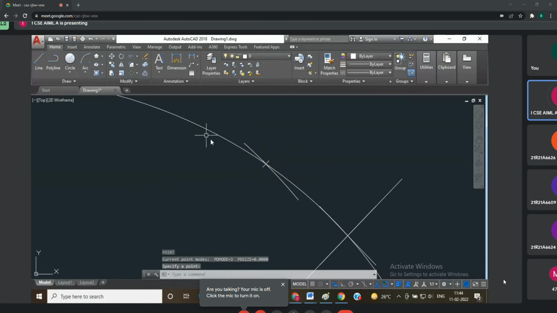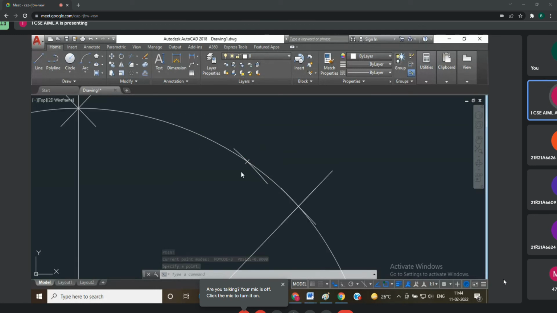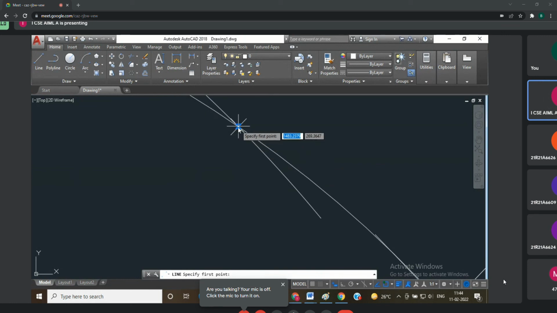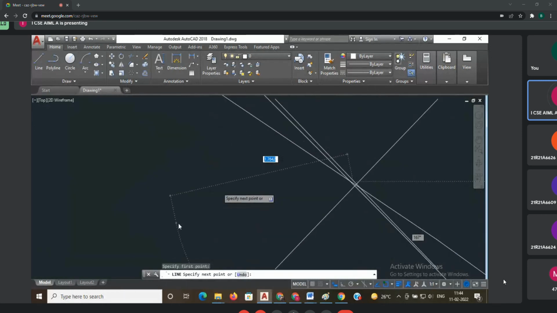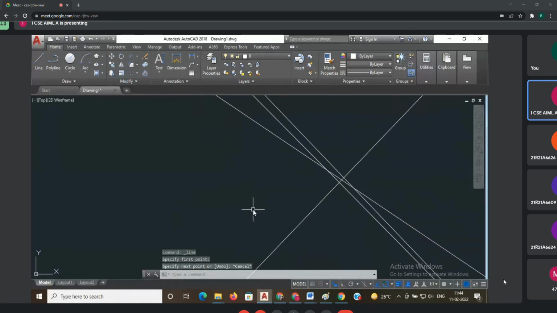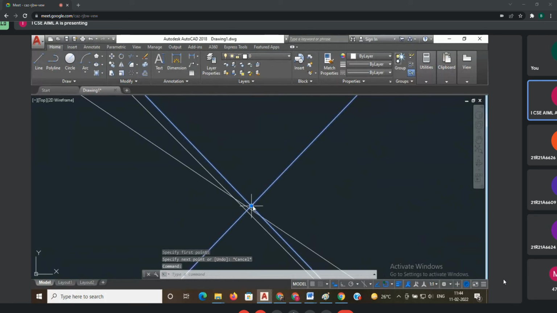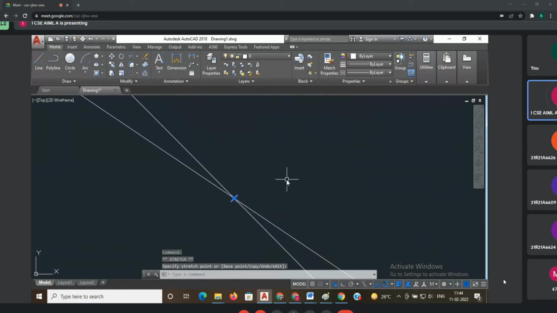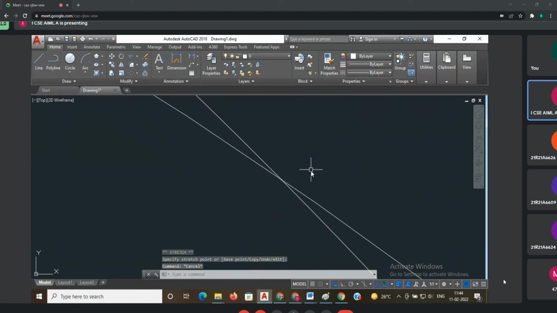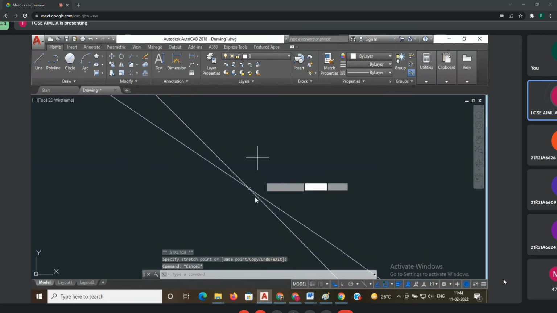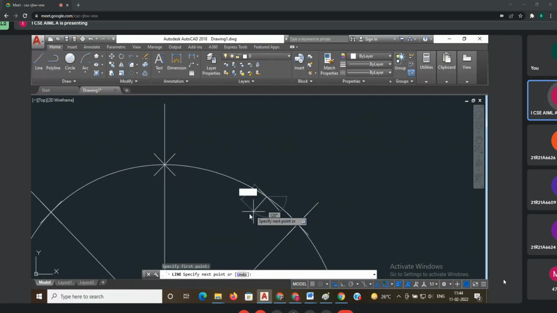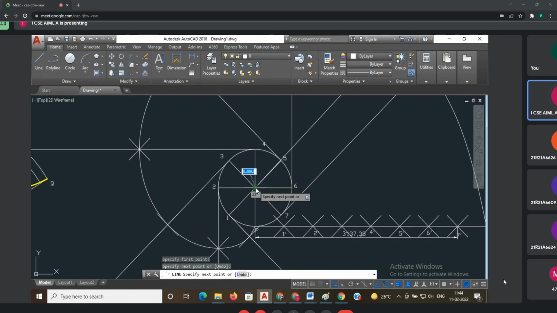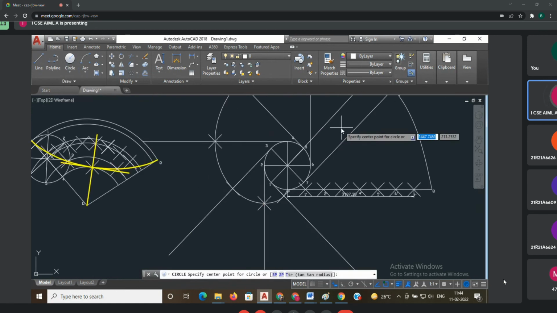This is your R. From R point, what you have to do? From R point, not selected exact point. This is your point. From this point, you have to draw the line. This is your R point. From here, R point, you have to draw the line towards the center. Then you have to draw the semicircle or circle, center and radius method.